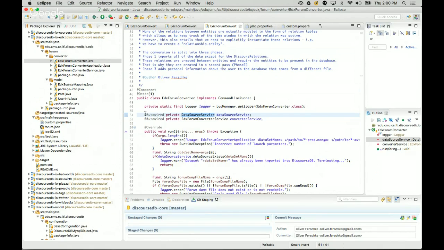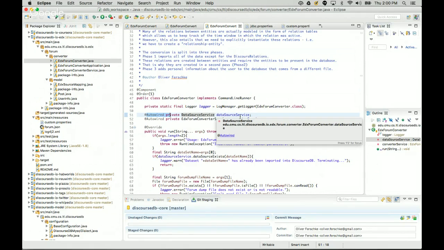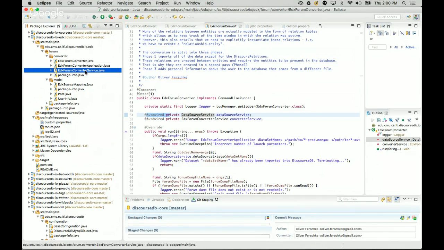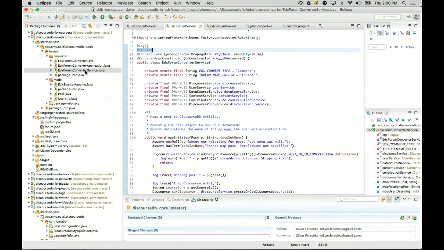In this case, we make use of the auto-wired part, which means that this object is instantiated actually by Spring. A similar concept can be found in the converter service, where we use a similar concept, but we make use of